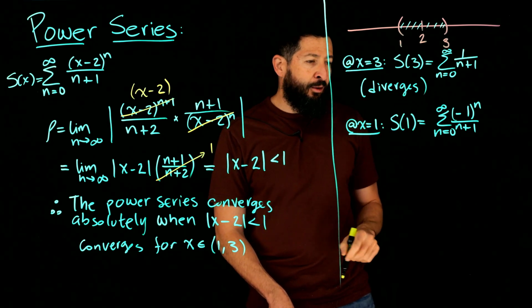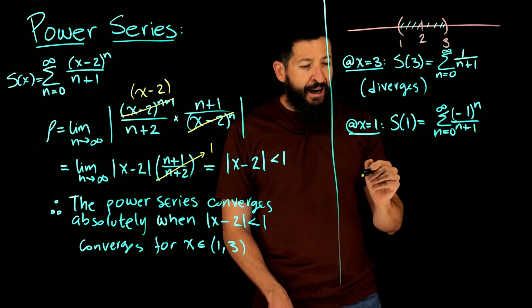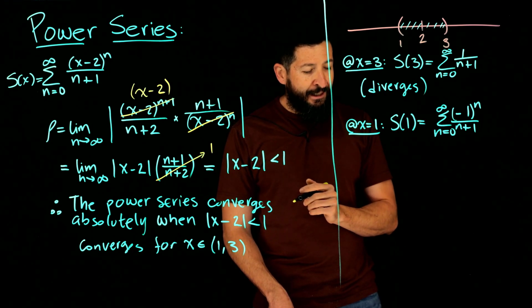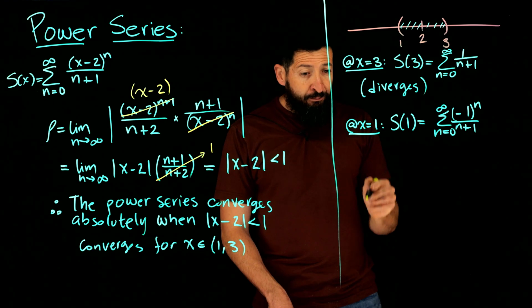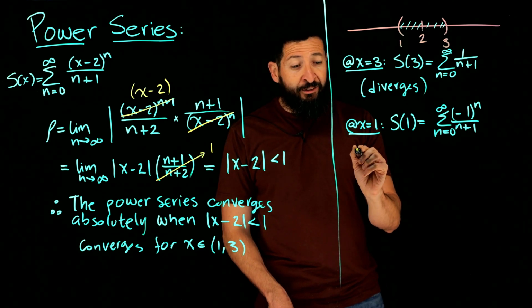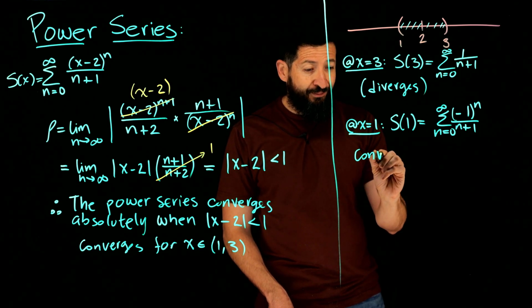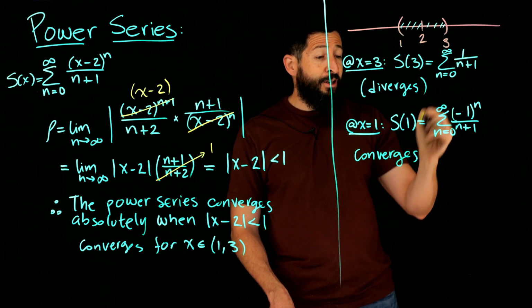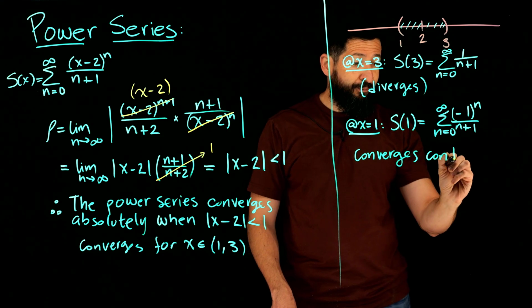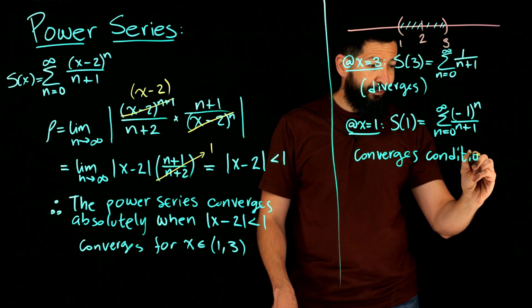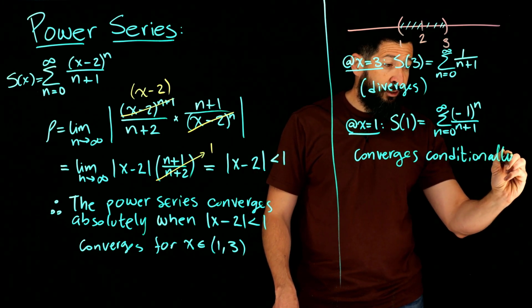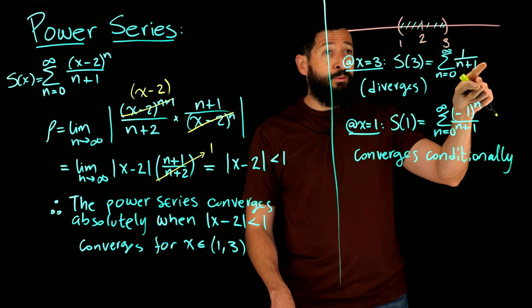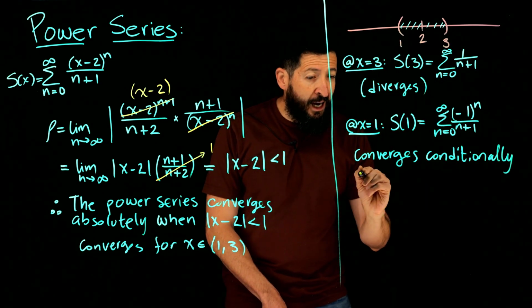So it satisfies all the conditions of the alternating series test, which tells you that it converges. And since the positive one diverged, only conditionally. It doesn't converge absolutely because the absolute values diverge